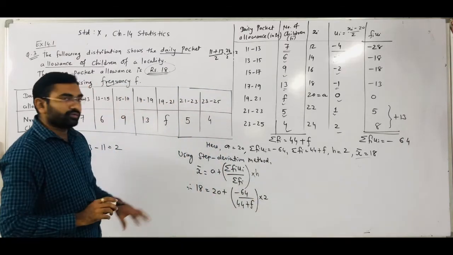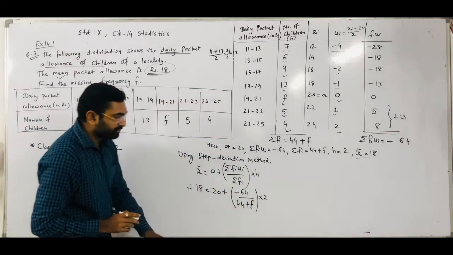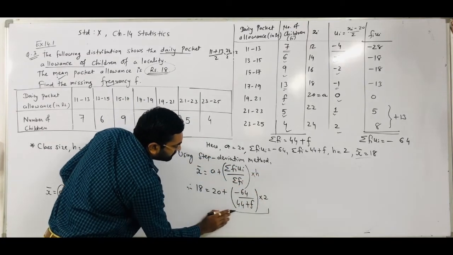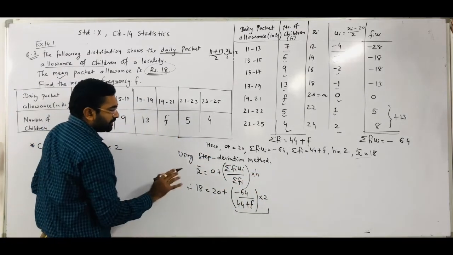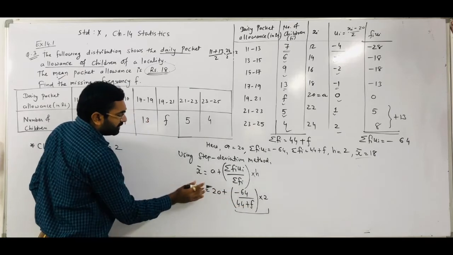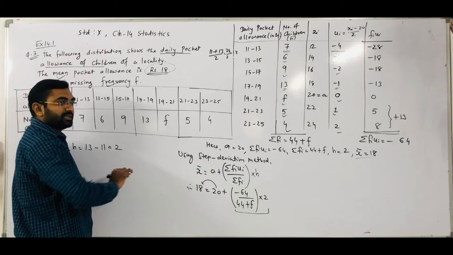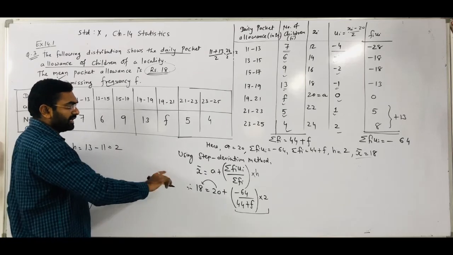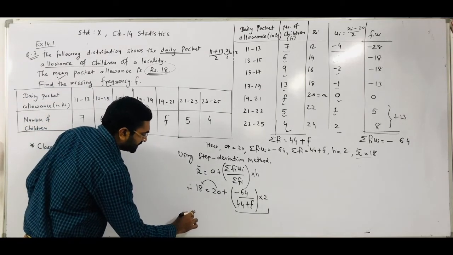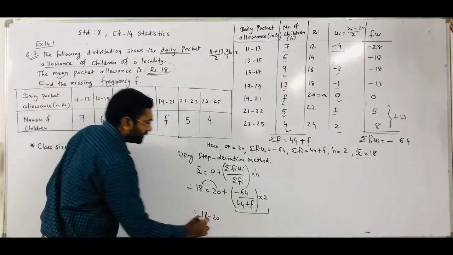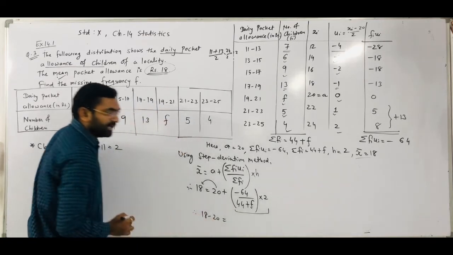Right? Now how do we simplify? We have to find out the f. Okay. So that f is given in that term. This is the whole term which is in a multiplication. So what do we have to do for finding the f value here? First of all, the 20 I take to the left hand side. So plus 20 comes to the left hand side and its sign is changed. So it becomes 18 minus 20 is equal to, right?